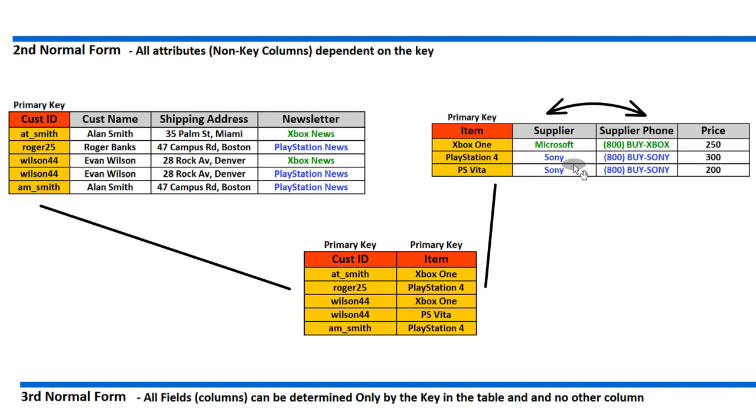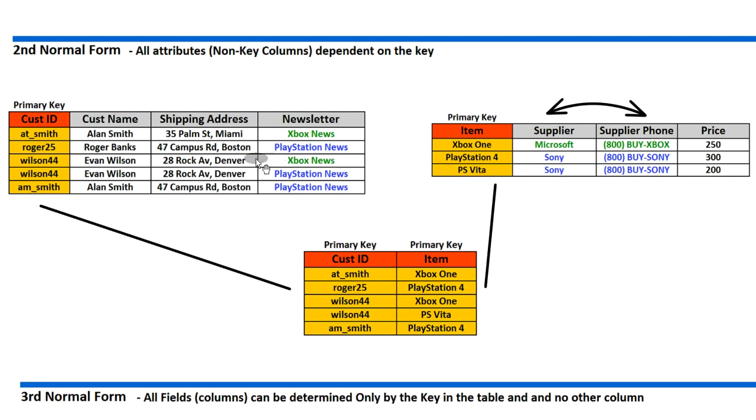we already know that this is the phone number, or if we know Sony, well, we know it's going to be this phone number. So obviously we need to separate it out also because these phone numbers keep repeating. If I would add more items here, like a camera for PlayStation, a camera for Xbox, a controller, and so on, you would notice that Microsoft, Sony, and their phone numbers keep repeating. So if I would have to change the phone number, I would have to change it in a lot of different places,